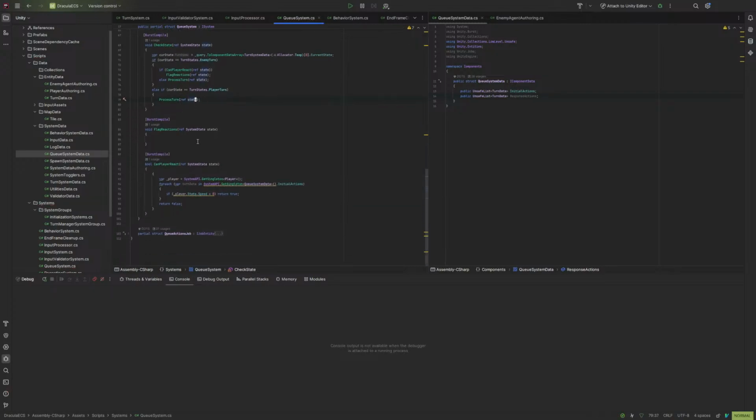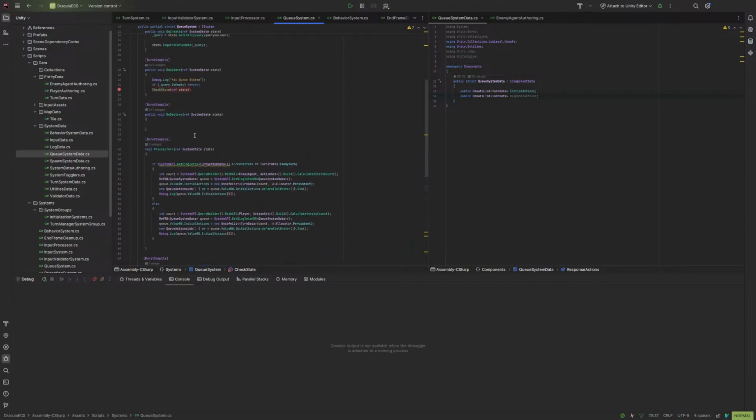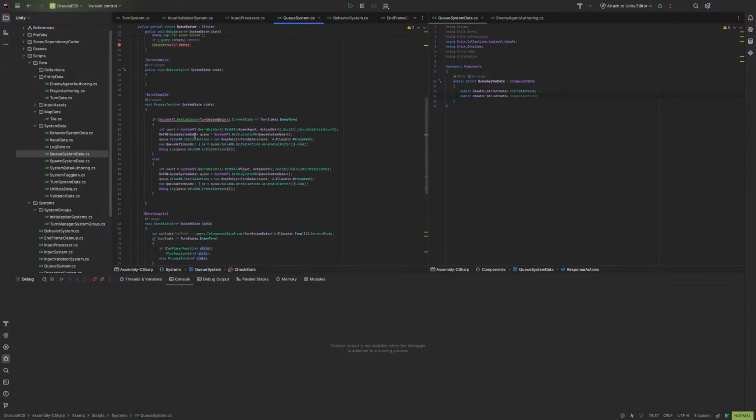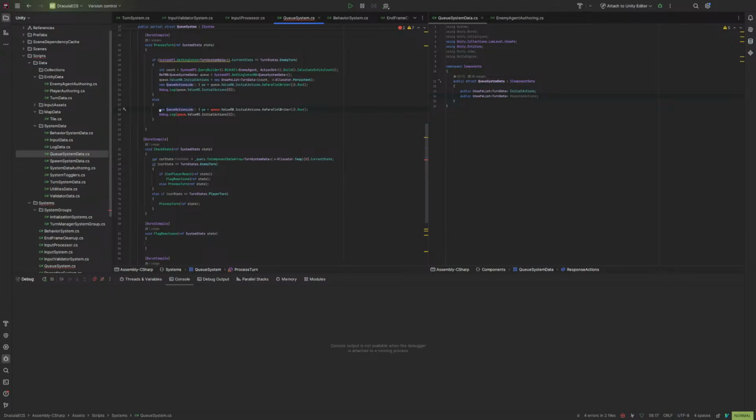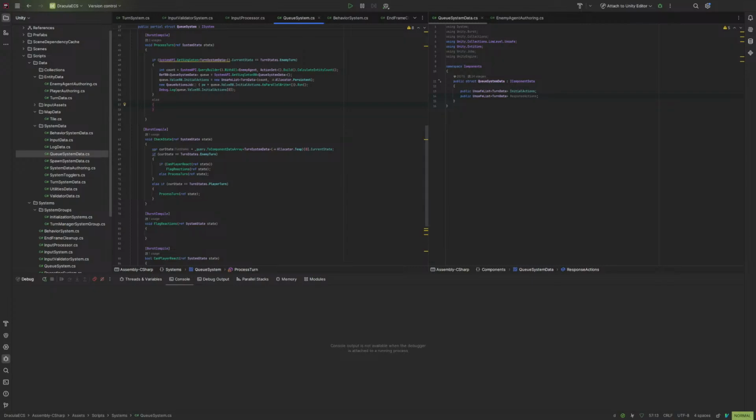So if it's the player's turn, then we're going to process the state, and processing the turn is just... what is this? Oh, because this used to be the queue. That's why this still worked. Yep, okay. So instead, we're just going to delete all that. That is a bit much. And we'll just say